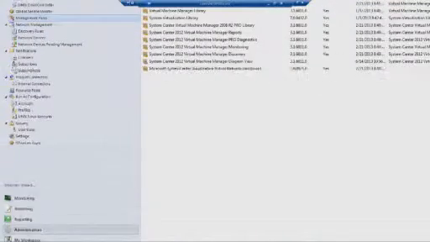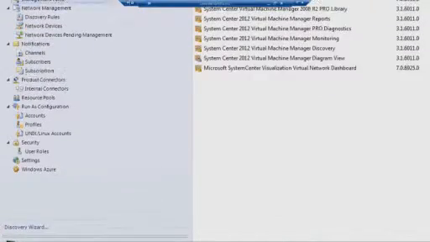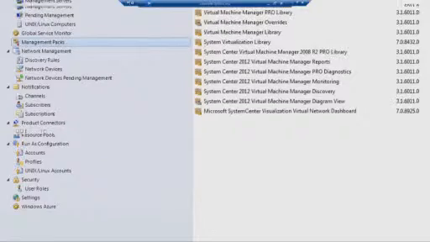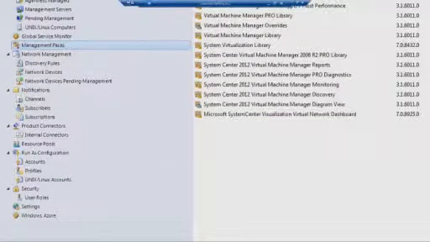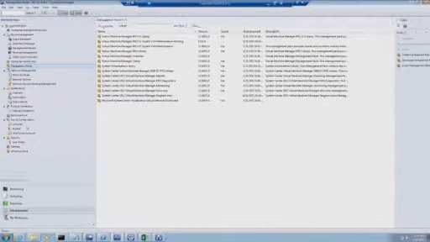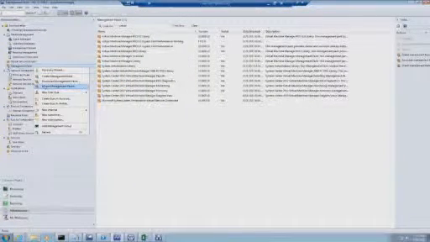So you all, I would imagine, know what an MSI file is at this point, so that's just a Windows installer package. We download that from the Microsoft website, we extract it. We're going to go to our monitoring console, and when I get into the administration workspace, that area where I do the heavy lifting as an Ops Manager administrator, I have this management packs node. All I need to do is right click in the navigation pane here on the left and select that import